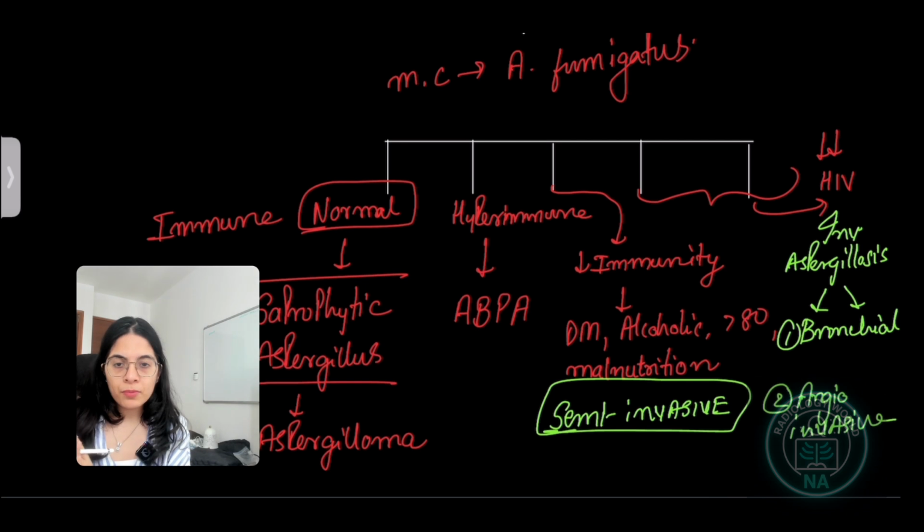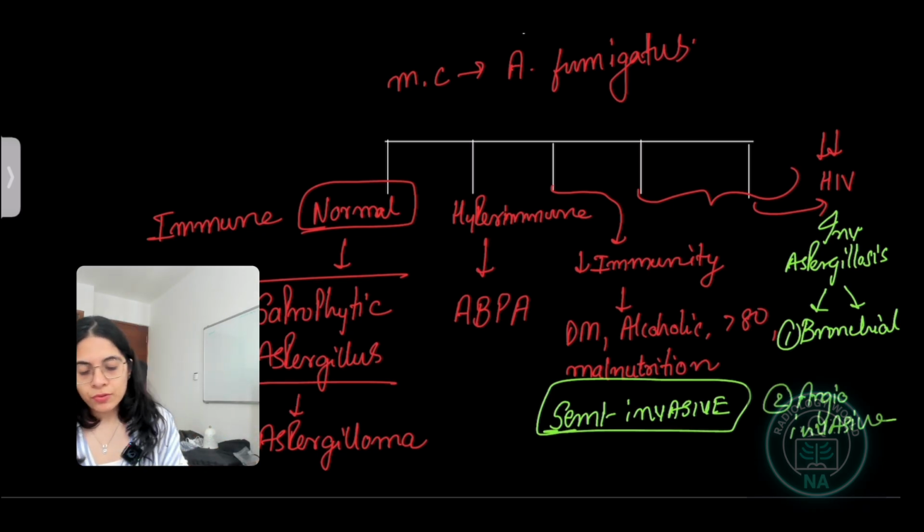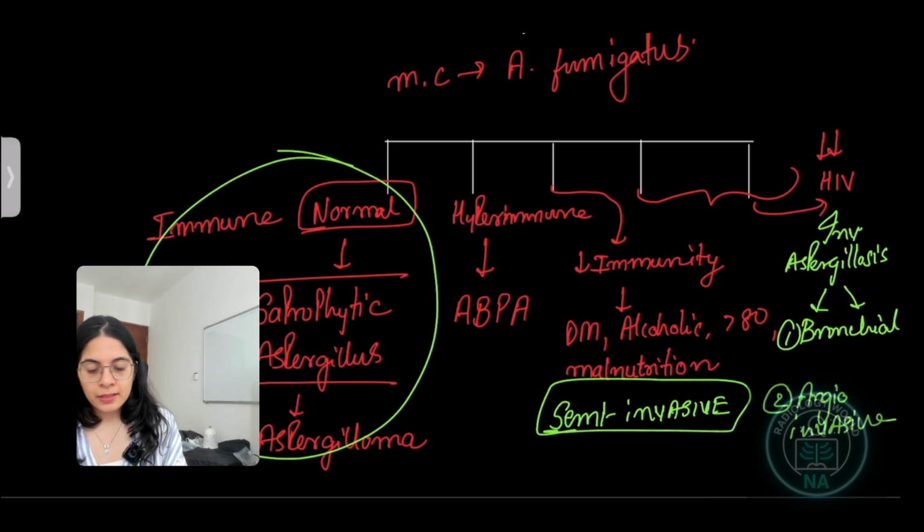classification: normal immunity, colonization by saprophytic Aspergillus, which will lead to an aspergilloma or a fungal ball. Another is hyperimmune status, which is basically asthma or cystic fibrosis. Long-term bronchiectasis will happen when we talk about this ABPA. Another is when the immunity is slightly less, and another is when your immunity is very, very less. That is semi-invasive and then invasive aspergillosis. So this is a broad classification, and we are now first dealing with this particular point, that is a normal